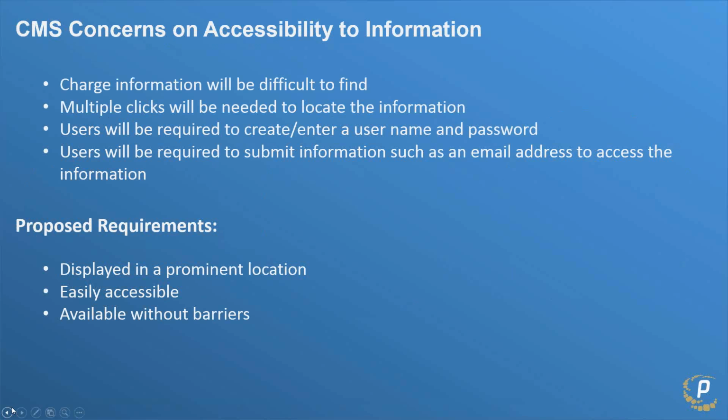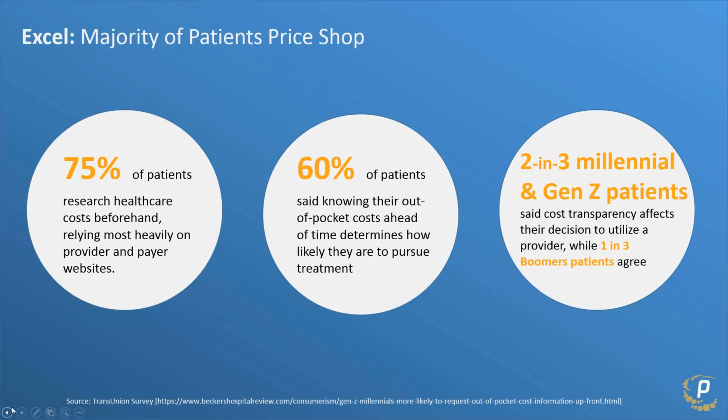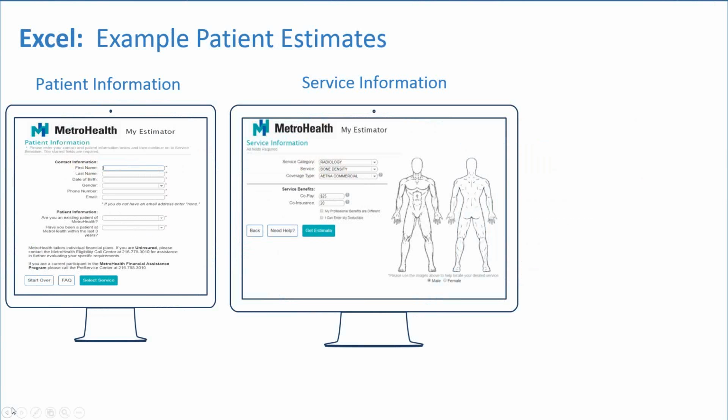Now, the migration to price transparency is definitely a disruptive process, right? This isn't going to happen overnight. But seeing where this is all going over the last 2 years, I don't think either of us would be surprised that something like this would be potentially the next mandate around providing exact costs for estimates.